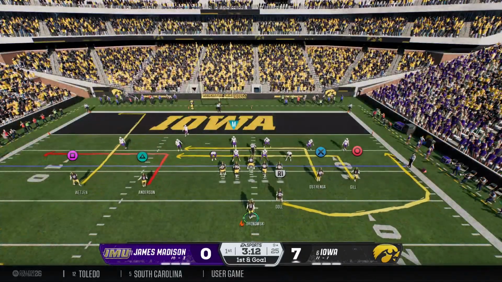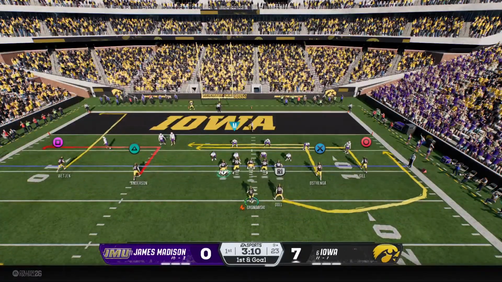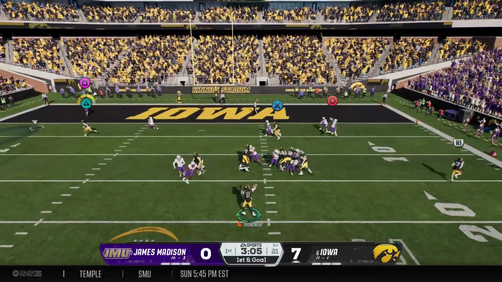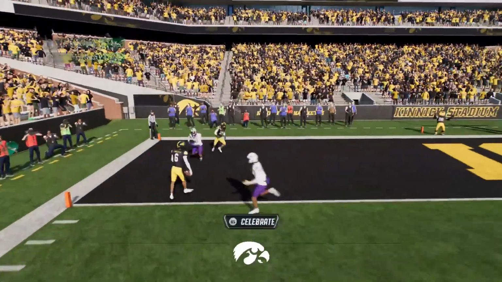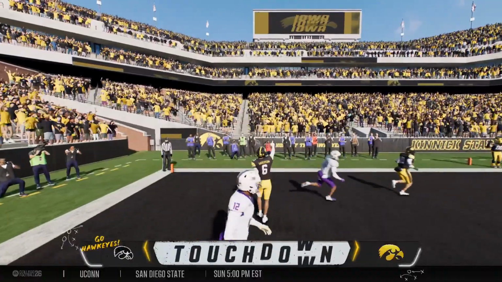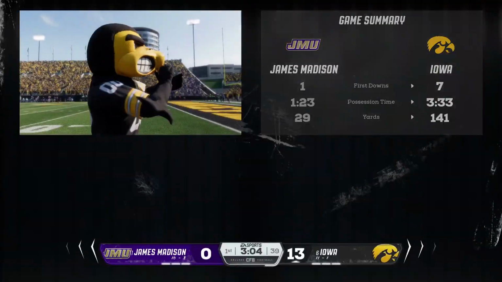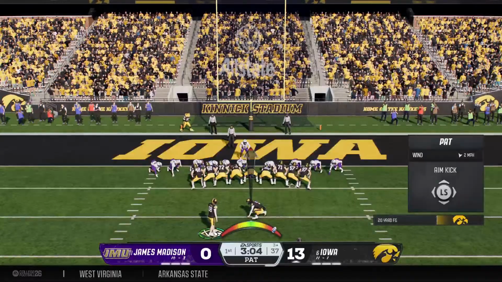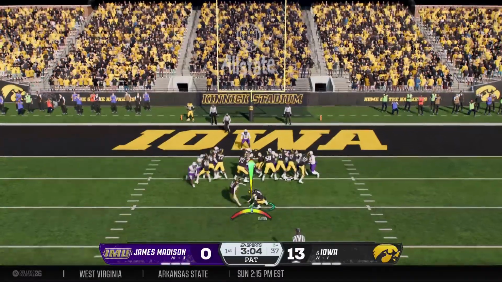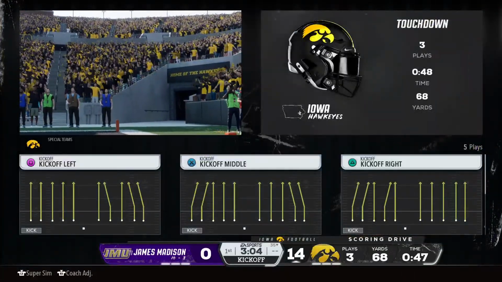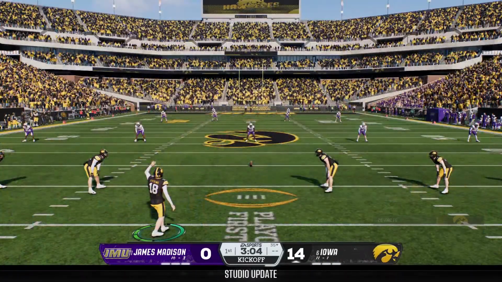And the Hawkeyes come to the line with first and goal. Wants to throw it. All the way to the end zone. Touchdown, Iowa. Now, that's a well-oiled machine right there. Everyone on this offense has been a star in their roles. And when they're rolling like this, it results in quick and positive results. With the extra point, the lead is 14.